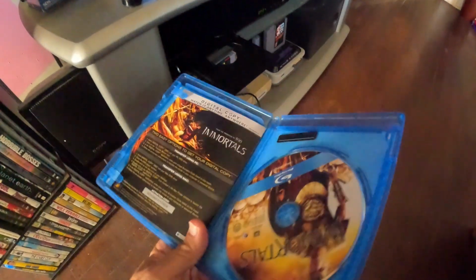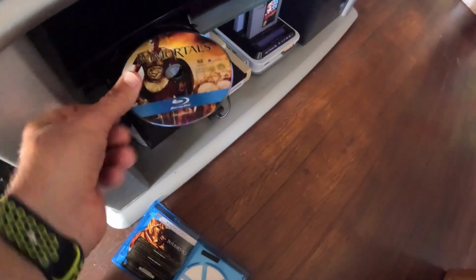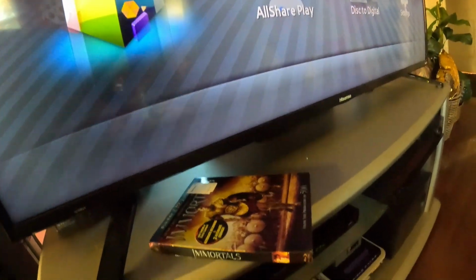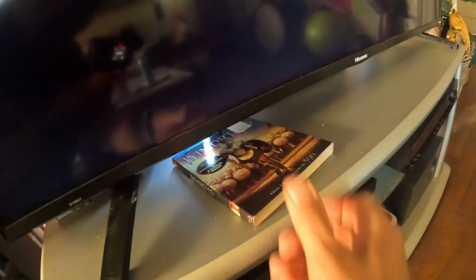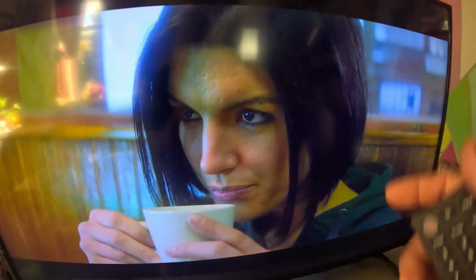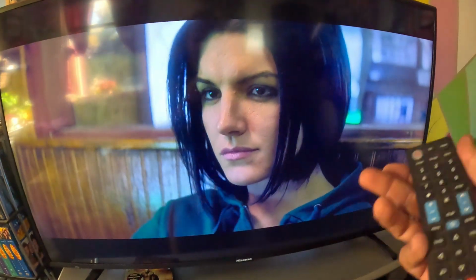So I have the cable hooked up there. Let me go ahead and put this Blu-ray in. This is Immortals. You can kind of see right there. I don't know how well you can tell it in the camera with this loading and playing. Well, to me it looks a little crisper. It seems like it's less pixelated around there, so I can't really tell on camera how much better it is,